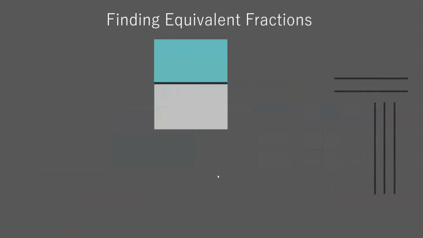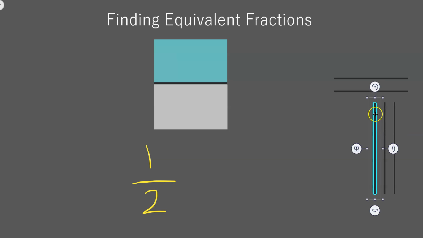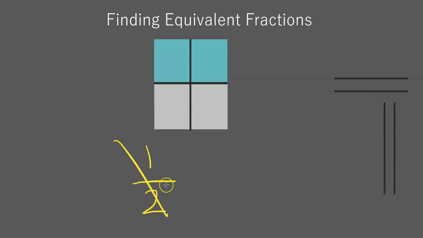Now, it might be kind of easier to show you if I actually make these equivalent fractions with the picture here. So right here, what we have so far is the fraction 1/2. Now, if I make a slight adjustment to it, I'm going to cut it into that many pieces. So no longer do I have 1/2. I now have